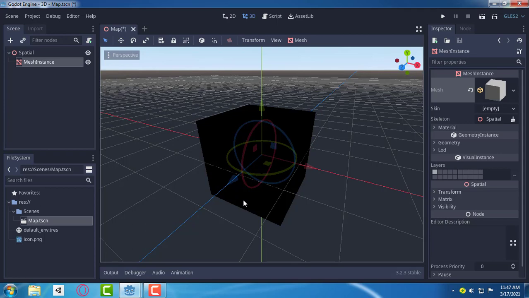I mean, you can also use OpenGL ES 3.0 to run Godot in 3D. You can run Godot 2D without a graphics card actually, but in case of 3D, if you don't have a graphics card that supports at least OpenGL ES 2, your mesh will look black like this, and if you play it you will see this problem.